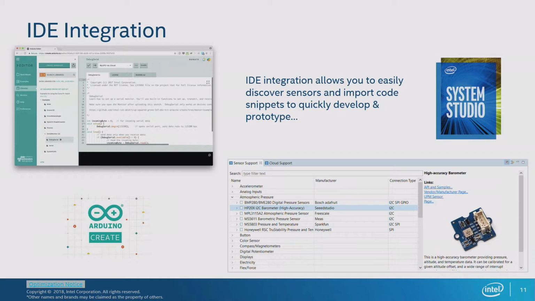For Arduino Create, you can use the sensors right away. You can add them as an external library. For System Studio, we have a thing called the Sensor Explorer, but I'll let my colleague Anjali speak about that more in the upcoming talk. So please stay around and listen to that too.